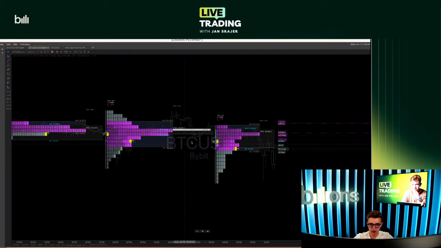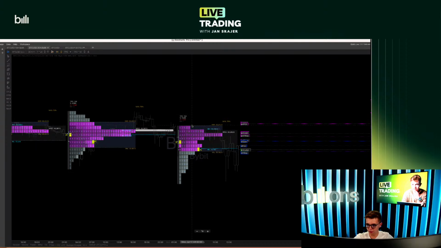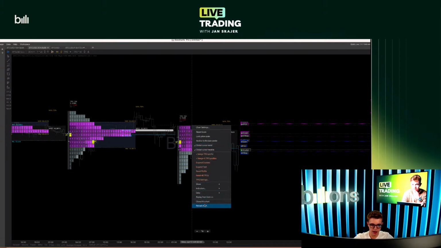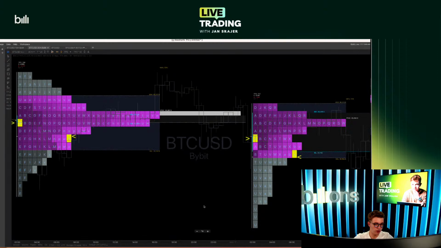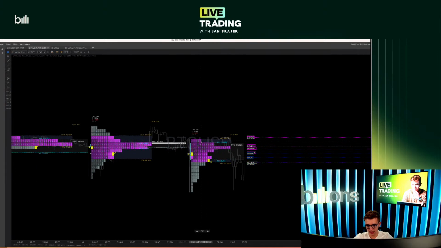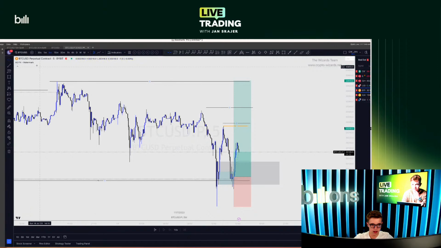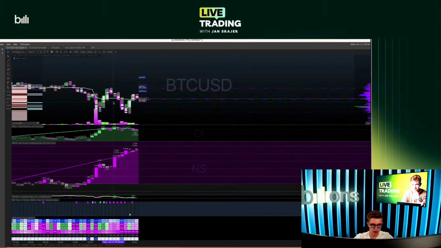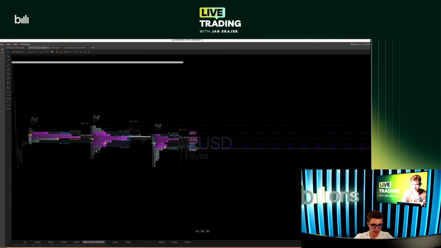All right, amazing. So checking the market profiling, obviously as you can see, we got unfinished auction on today's and yesterday's profile. What this tells me is that I should be looking for a move up to either grabbing the liquidity from these highs or potentially grabbing the liquidity all the way from these highs.